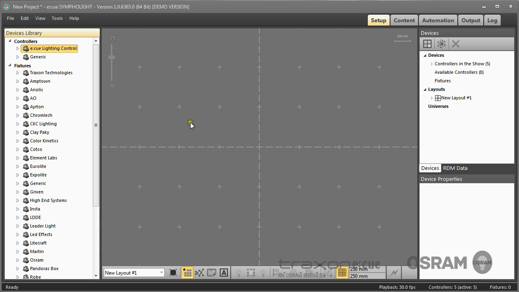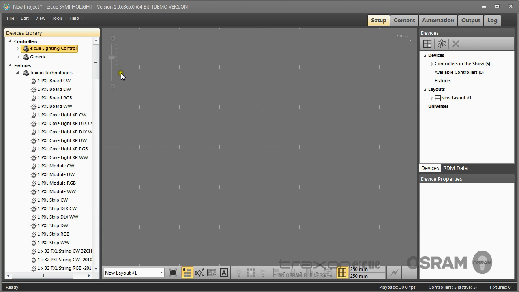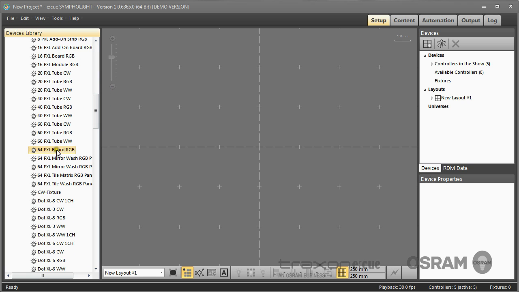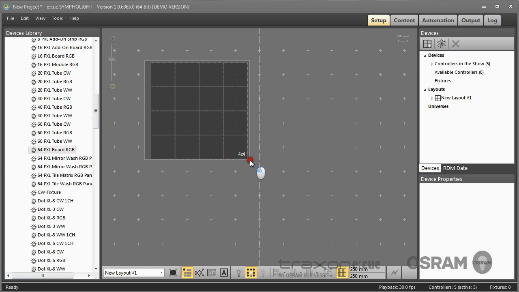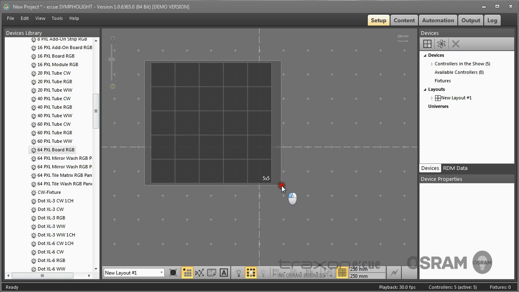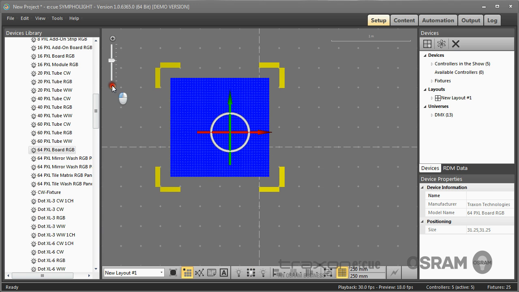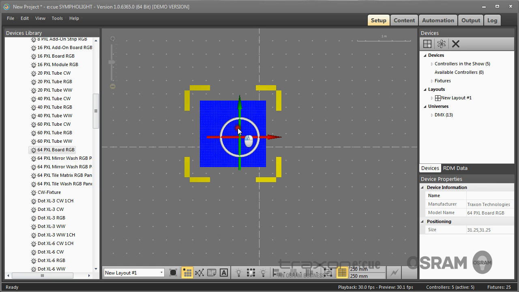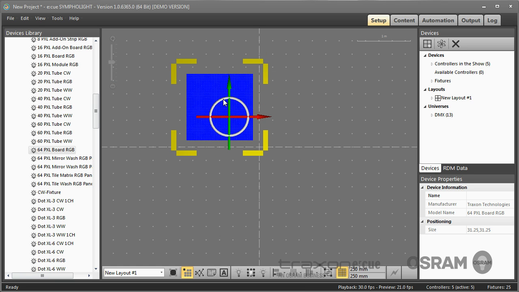Now I want to place the fixtures, and I will use 64 pixel boards from Jackson. And in this build mode, where I build my project, I can either now drag and drop fixtures into the layout, or I can use a matrix mode. I will zoom out a little bit, and now, keeping the mouse button pressed, I create my first set of pixels and zoom out. I can now move and place this selection,